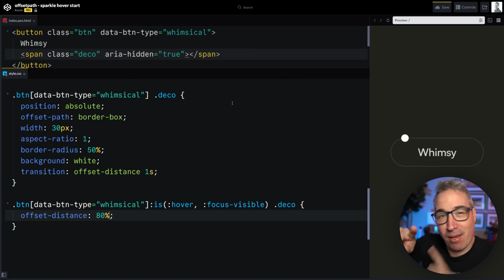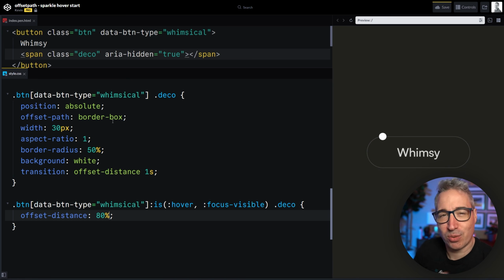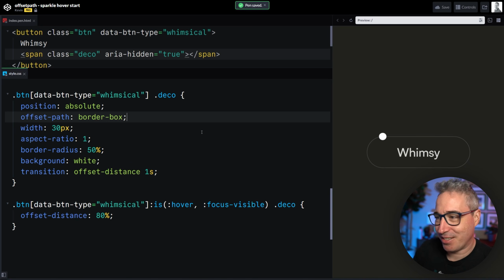I've played with offset path. I thought you needed to have the SVG path for it to follow along. So really, really cool that we can do this. And it was when I saw Eric Meyer use the border box, we also have padding box. I was just like, oh, that's amazing, right? So there we go. Already, you can probably see the building blocks of this are now in place, and